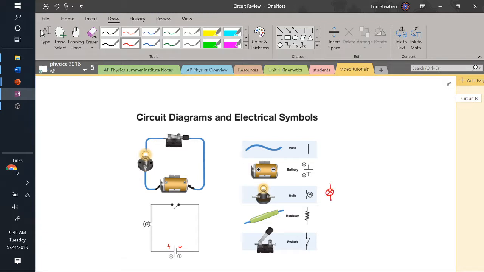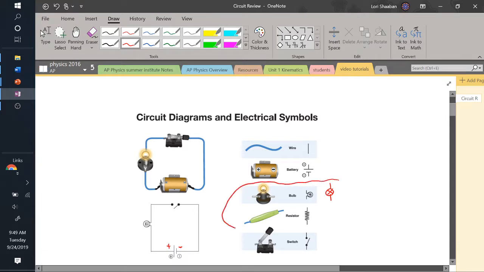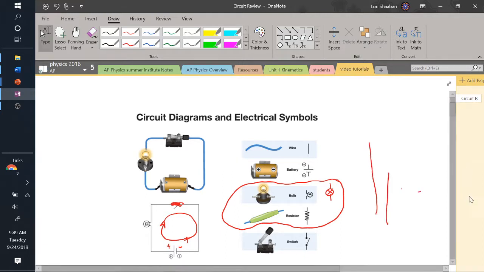Remember that an incandescent bulb that we were using is a resistor. And we have a switch right there. If the switch is closed, then we will get current. Positive direction. Looks like the positives are going to go this way. And so